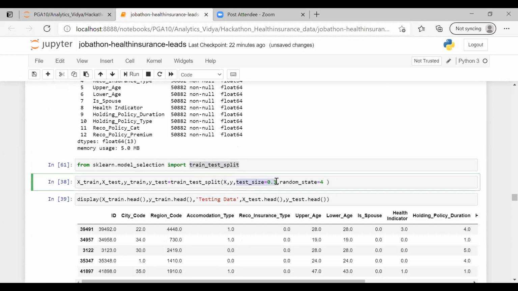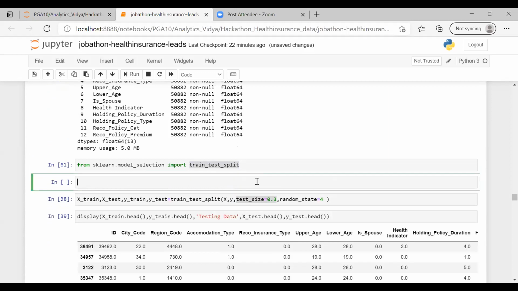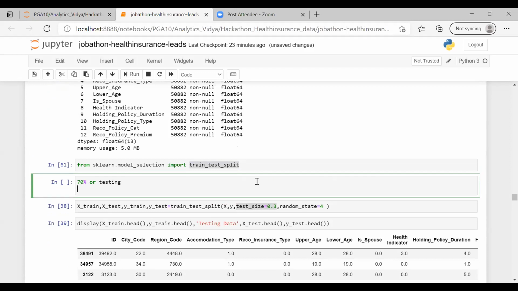Test size is 0.3. Sorry, that means I'm saying to keep 70% of the data for training and 30% for testing. Let's suppose this machine is also like a kid, a small kid. When we make him learn anything, let's suppose I show you one mobile phone, like how we humans recognize it's a mobile phone, because we have seen mobile phones multiple times.